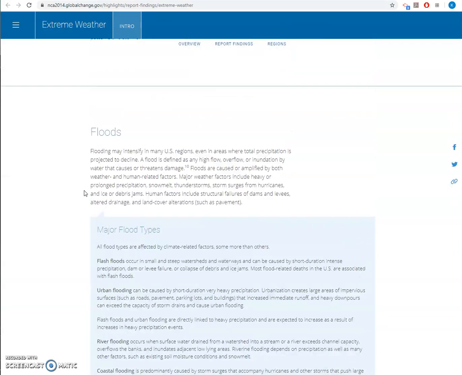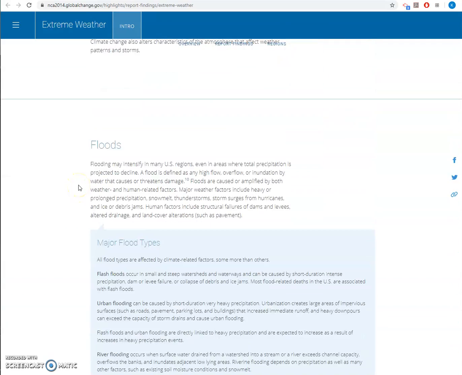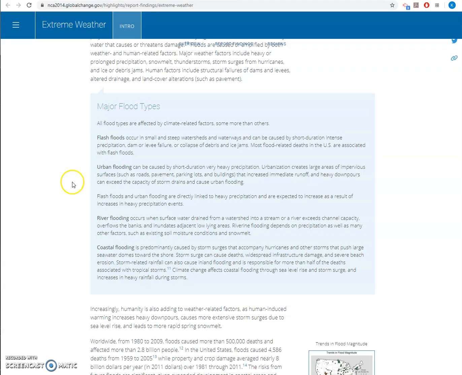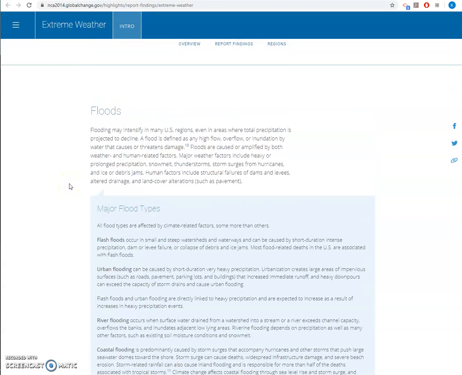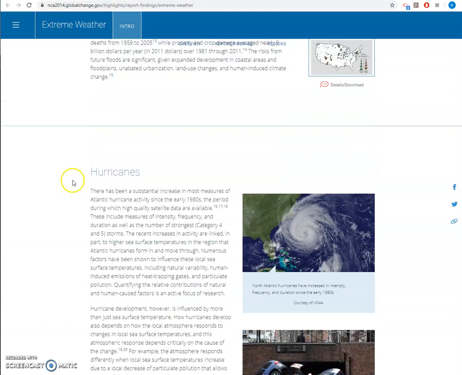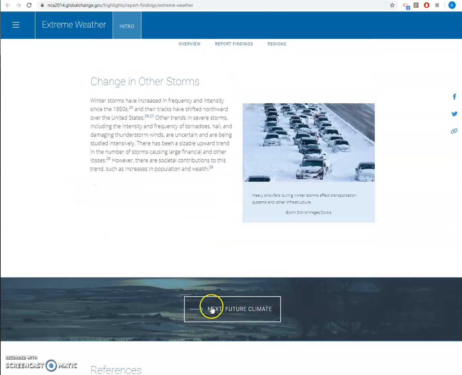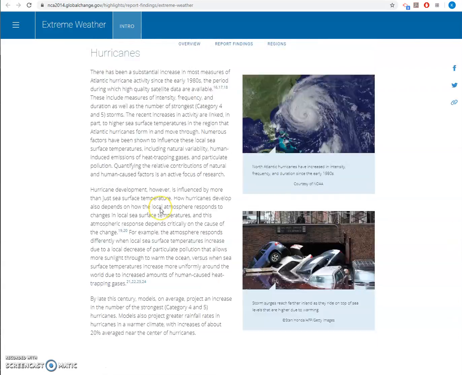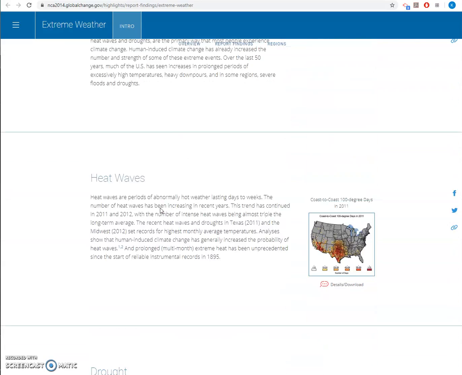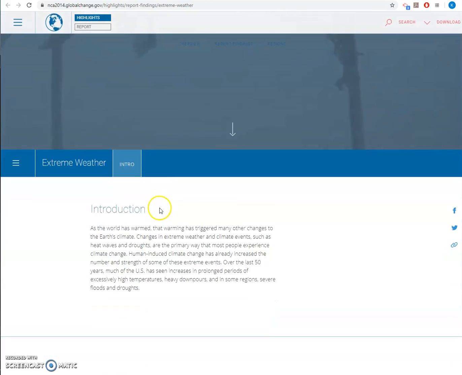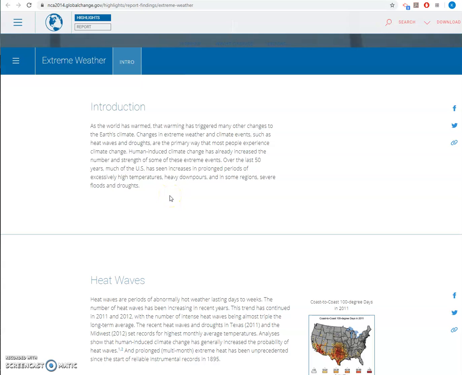This is actually, I think, pretty easy to understand from your perspective. It's not using a ton of weird jargon or terms, so it's pretty user friendly. And down here at the bottom, if you wanted to click and go to future climate, you can see what we think the climate might be like in the future based on this study. It might not help you for your project, but it might give you some insights into the future of the climate in general. Okay, we've got two left.